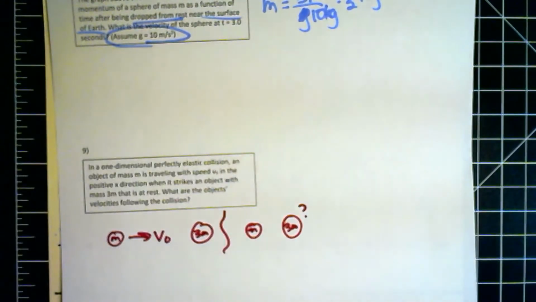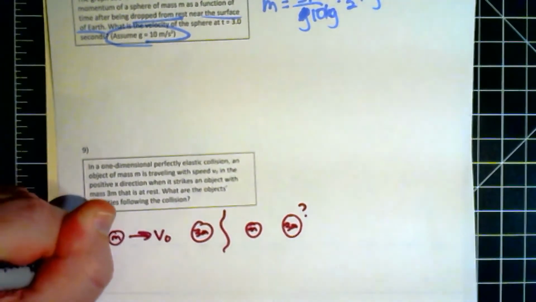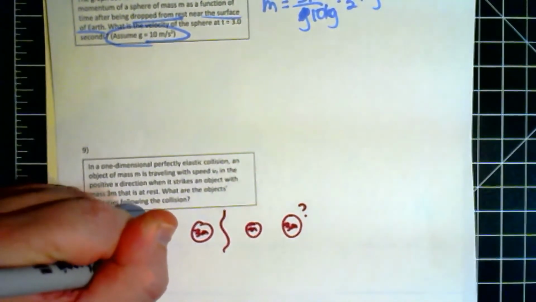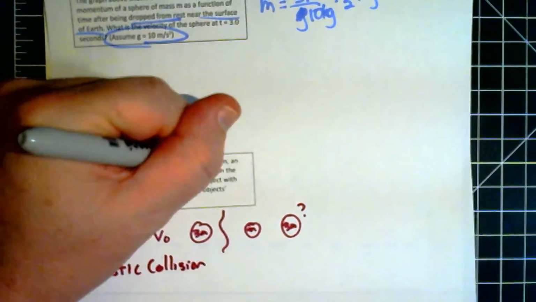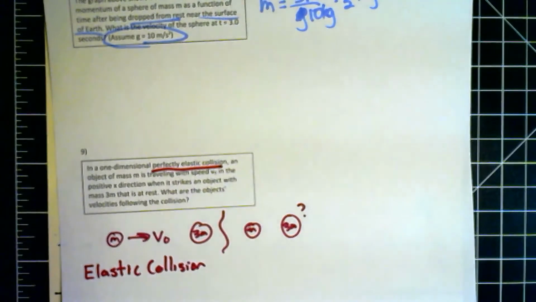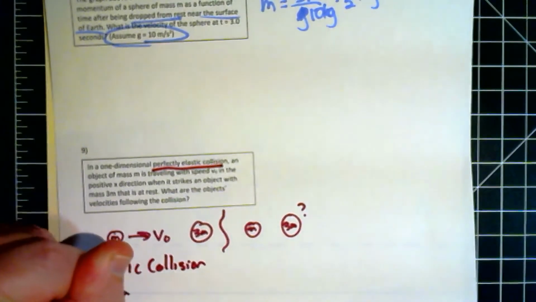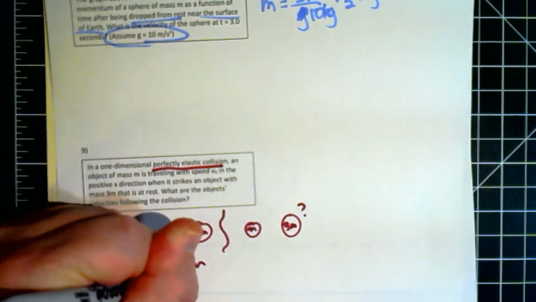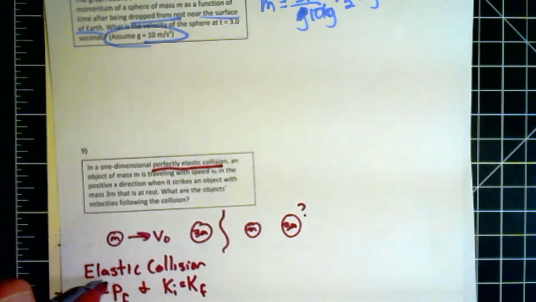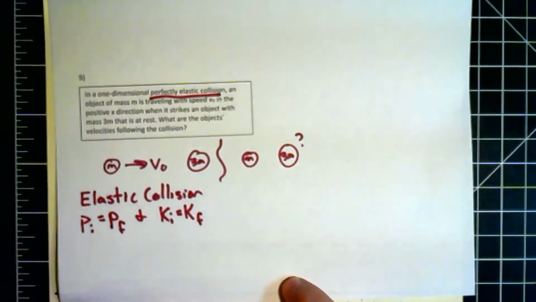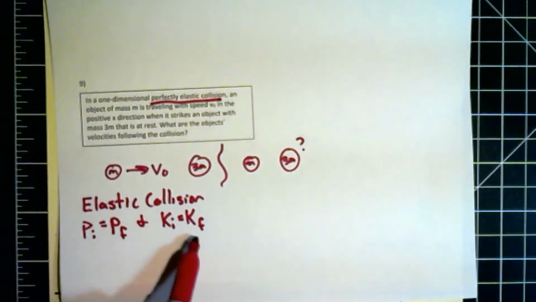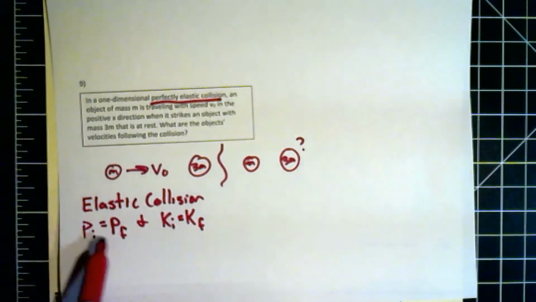All right, this is actually a pretty tricky question, so I'm going to give you a couple of special equations for this. Whenever you have this situation, for one, it has to be stated that it's an elastic collision, and it states it is perfectly elastic. So that means kinetic energy is conserved and momentum is conserved. So you would say P initial is equal to P final and K initial is equal to K final. And so you would write some big set of equations that describe all this motion, but the problem is they don't tell us anything on the final side. So it ends up where you have to have a system of equations that you solve,